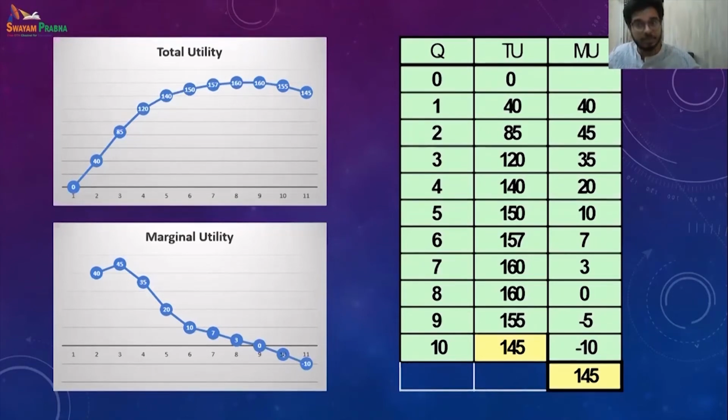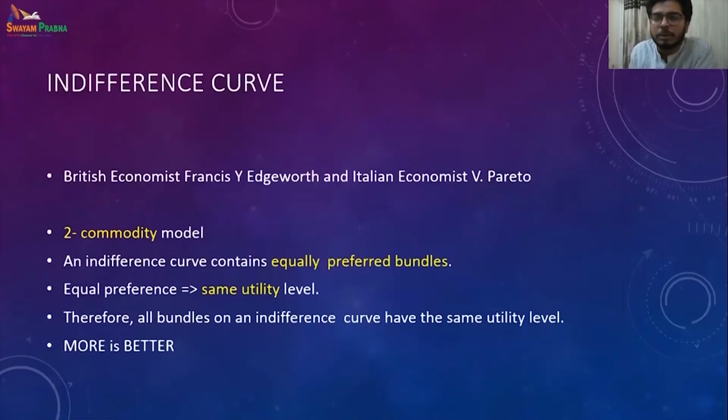And that translates to the demand, because my satisfaction will say how much demand I will make for any particular commodity. So if I am more satisfied, then I have a higher demand for the commodity from which I am getting more satisfaction. So here I will take you through the concept of indifference curve, which comes under the revealed preference theory.